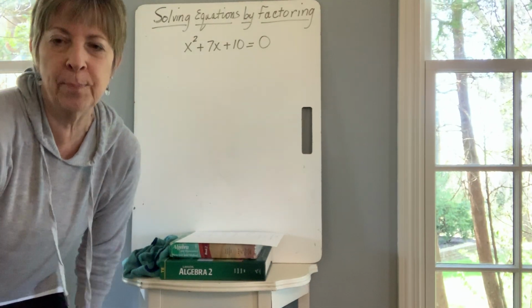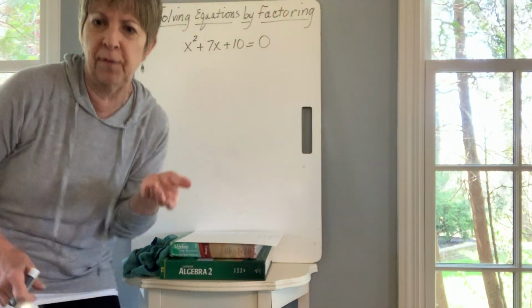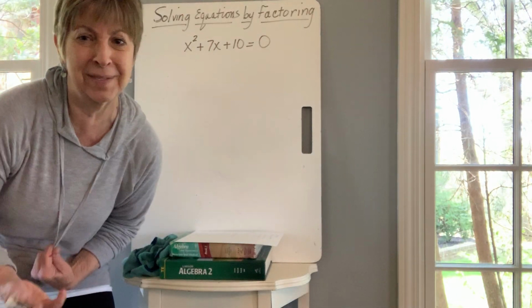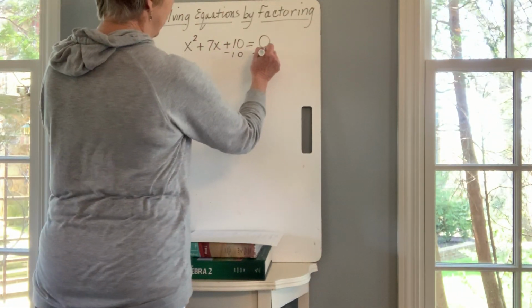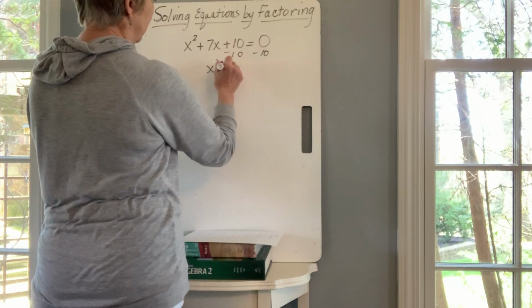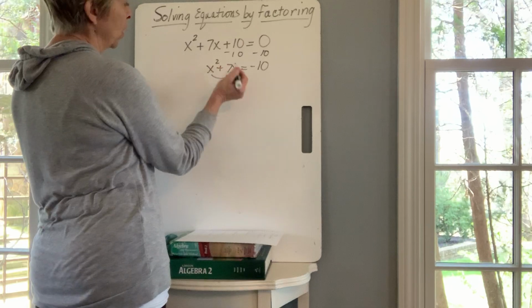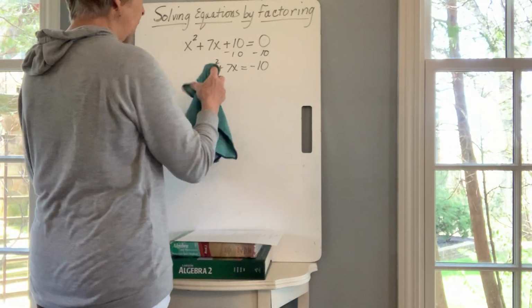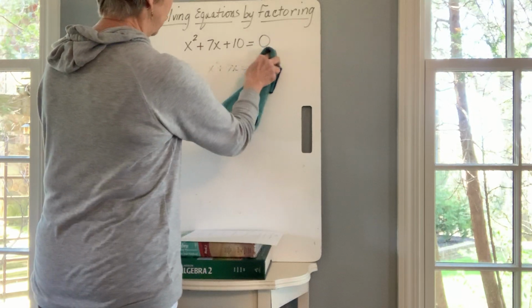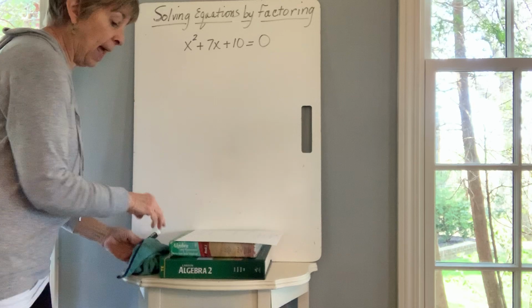A few people said, oh, we're able to play around with it and find one of the solutions by just guess and check. But we said, well, if you subtract 10, then we have x squared plus 7x equals negative 10. And then we know we can't combine those, so we didn't know what to do and we got stuck. And this was before we actually started all this factoring stuff,